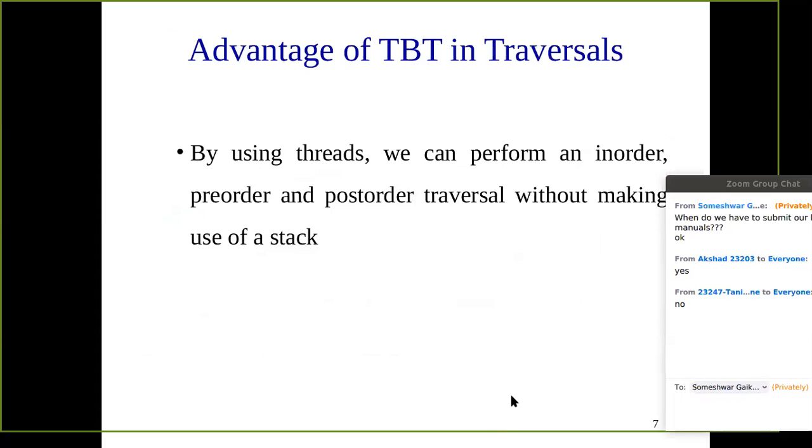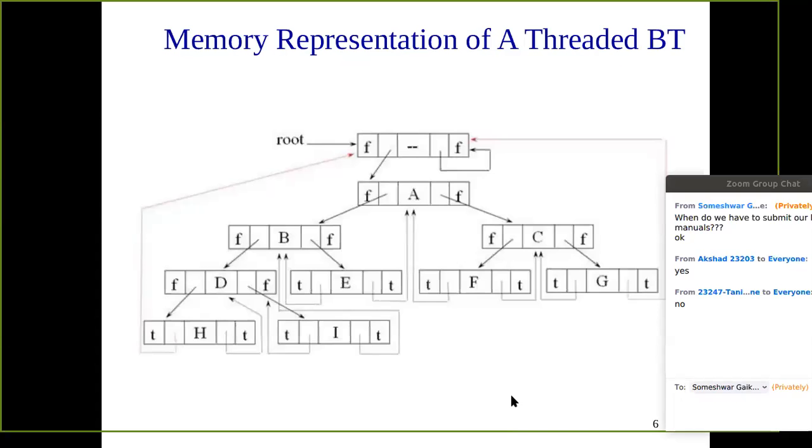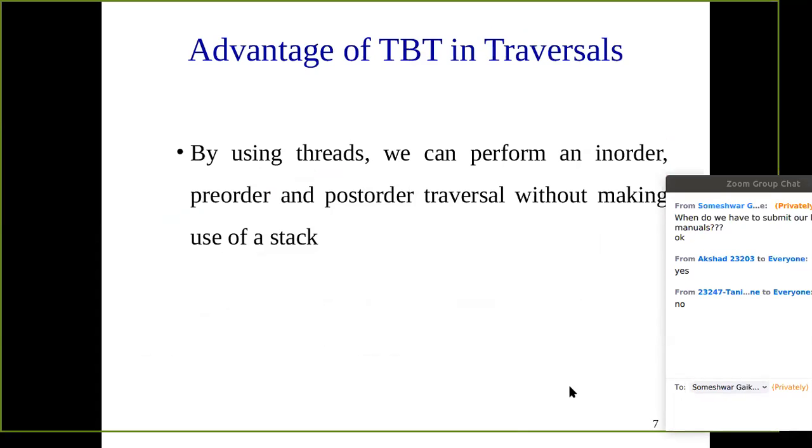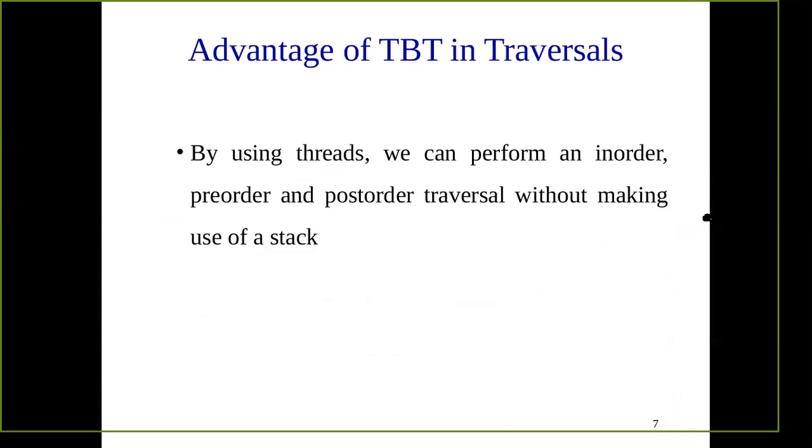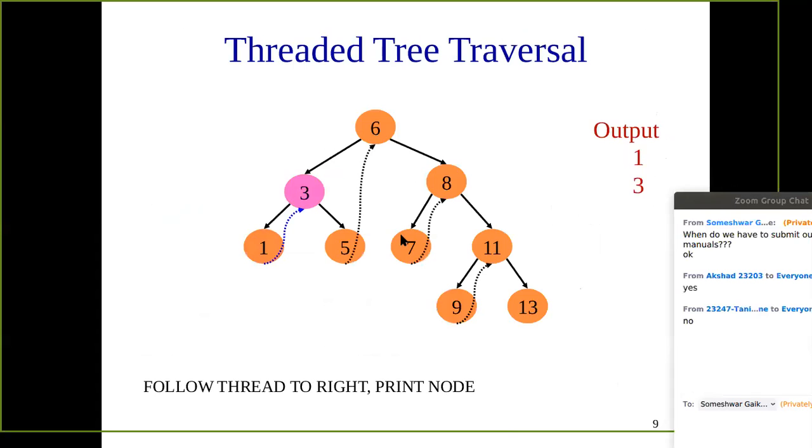Okay, so next part, advantage of this: by using threads, we can perform the in order, pre-order, and post-order traversal without making use of a stack. So without making use of any extra data structure, we can perform the traversal, that is, the iterative traversals. So how can we perform it? You can see here. In this case, suppose this is 6 3 1 5, this is the given tree. In this we have just represented the